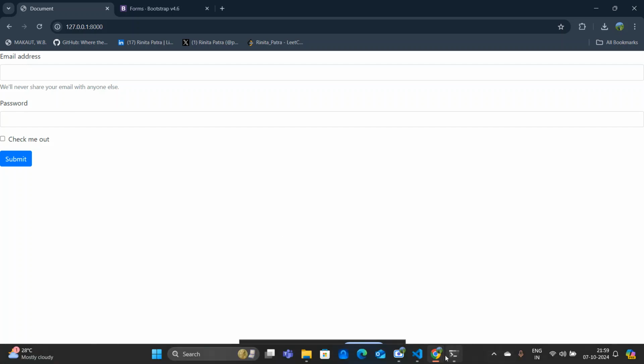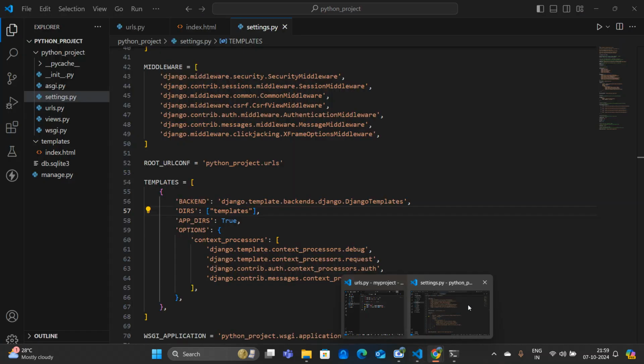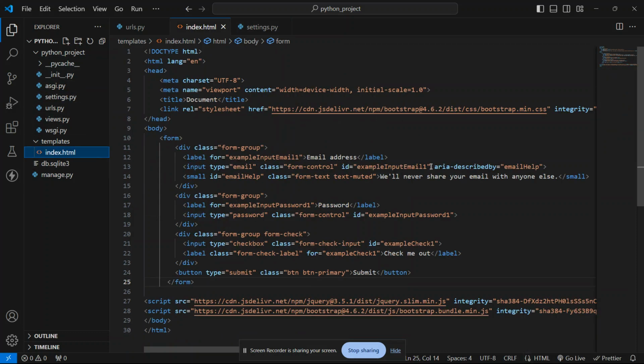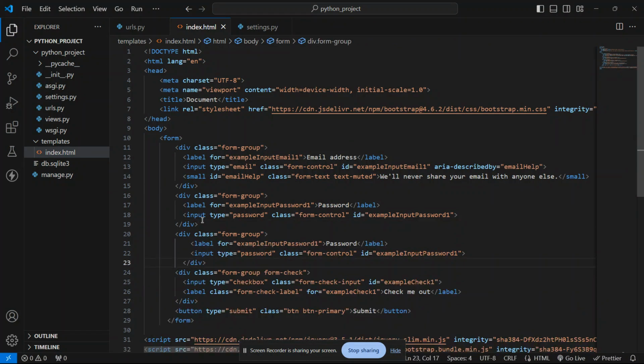If I make a simple change in my HTML, like I want another field, I just copy and paste it here, and put, like, new password.